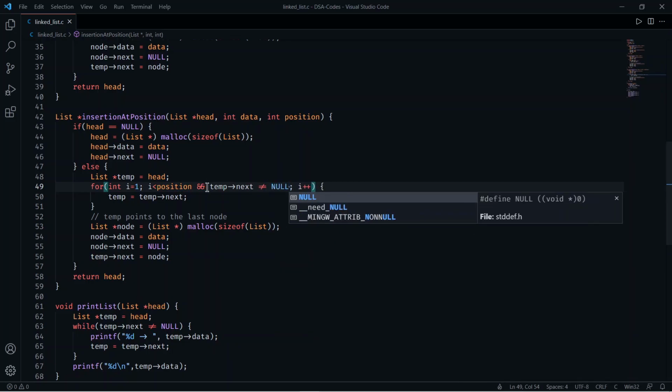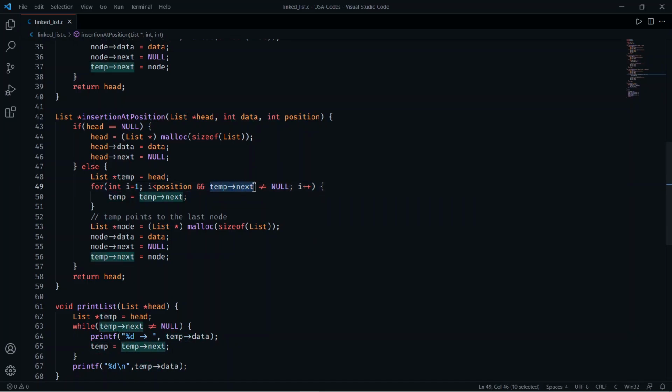Why do we have to check this condition as well? Because in any case if temp arrow next equals null, then in the next iteration it will be null and we cannot insert the data here. So we have to check this as well, because this will occur when we reach the last node, and that particular node is the last node of the list, so we cannot go beyond that particular node. So we can insert data after that node.